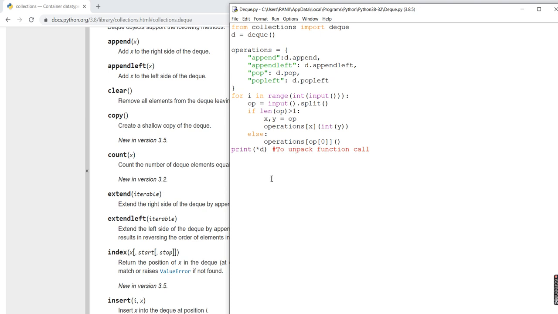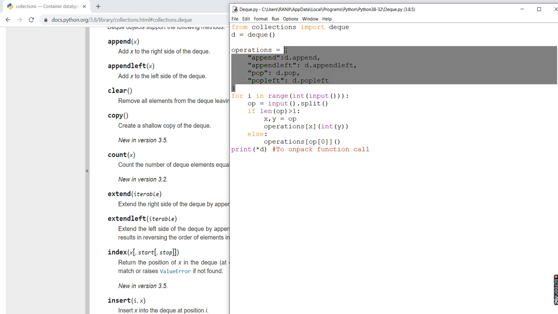We usually write d.append and then pass a value that we want to put, say 1. As opposed to this, we are creating the dictionary entries in this way, that is d.append, and this will basically serve our purpose.